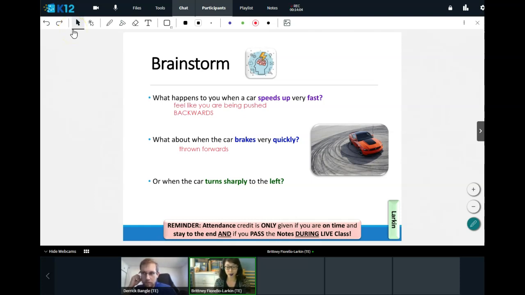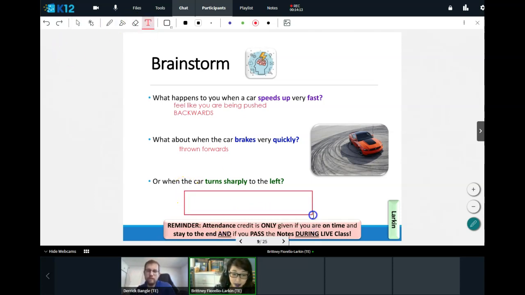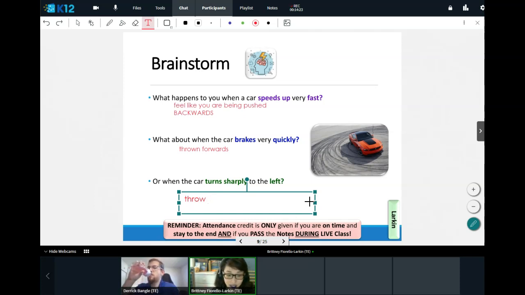All right, think about it. You're moving and then someone turns to the left. Which way does your body actually go? No worries, Seraphim. Yeah, you actually get thrown to the right in the opposite direction. So thrown to the right. So hopefully we saw that pattern happening, that whichever way the car is accelerating, your body feels like it goes in the opposite direction.